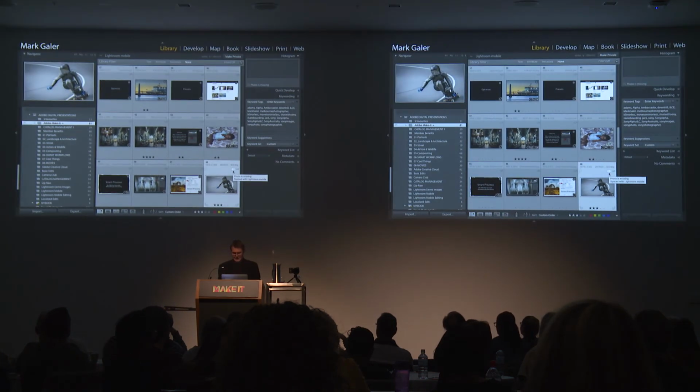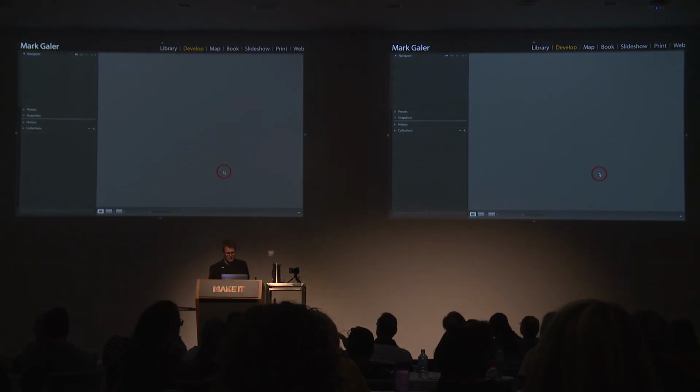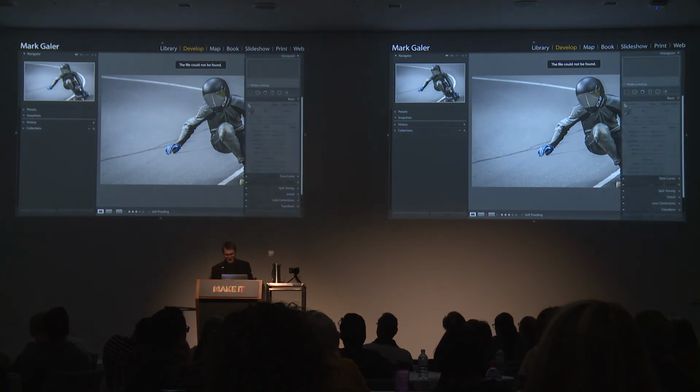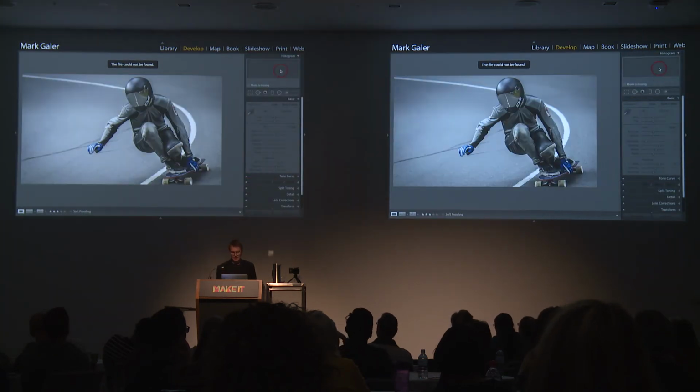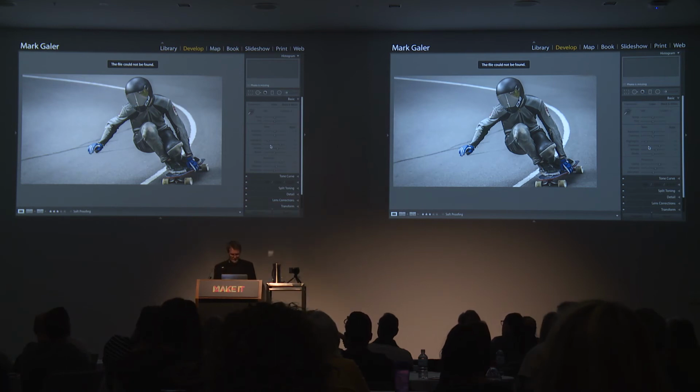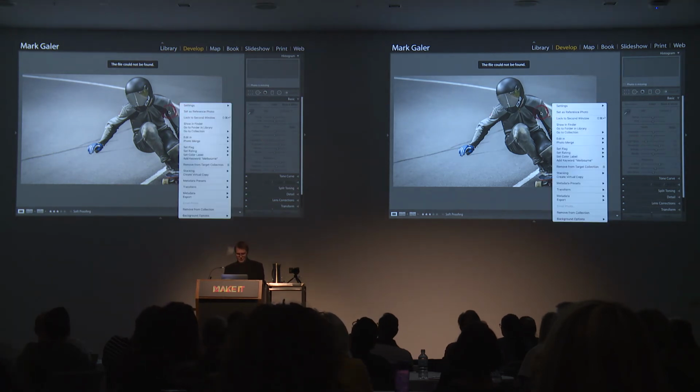And if I try taking that image into the develop module, it's going to tell me the file could not be found. Okay, I can't edit it. If I go to the panel on the left-hand side, there's no histogram, and I can't move the sliders. I can't give the image to anyone. I can see the image, but I can't work with the image or hand the image over. Okay, so let's just go back into grid view,